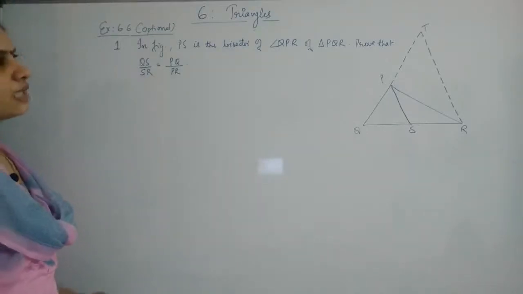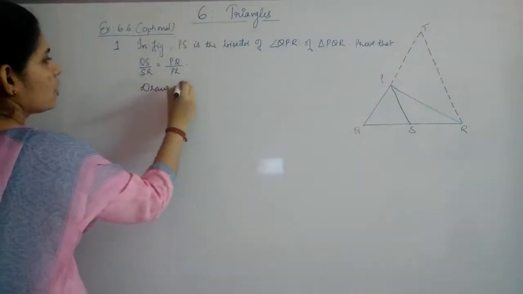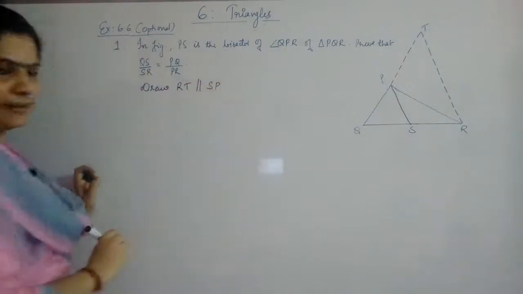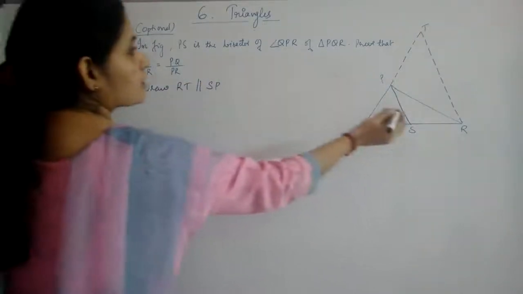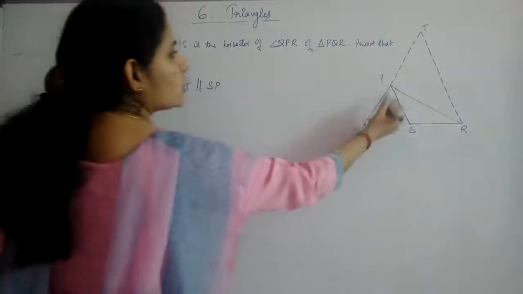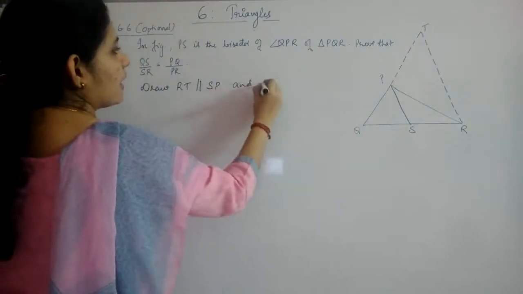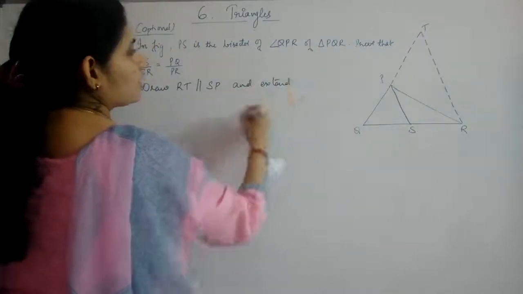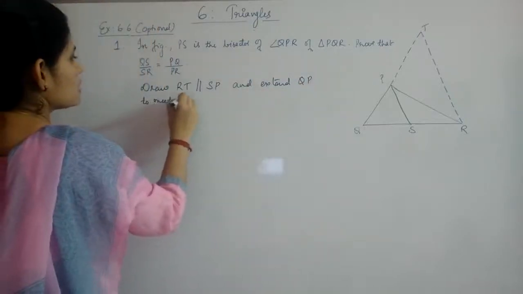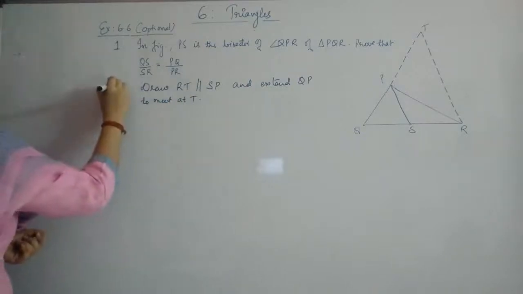So first, we draw RT parallel to SP, and then we extend QP to meet at T. So this much is our construction part,